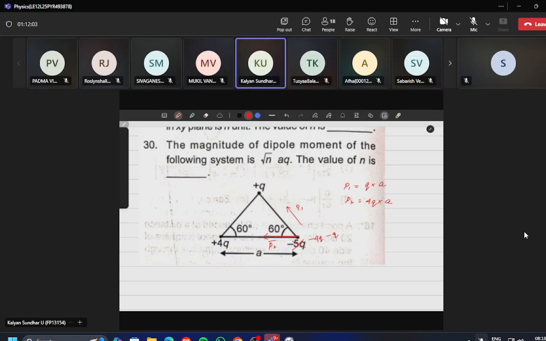Now how do we divide? I mean, the P net we have to find out. Both make 60 degree. So this will be Q square A square plus 16 Q square A square plus 2 times 4 is 8 Q square A square into cos 60. Cos 60 is 1 by 2, under the root. What can we take out? We can take QA out. Inside will be 1 plus 16 is 17, 17 plus 4. So it will be 21 QA. Answer will be